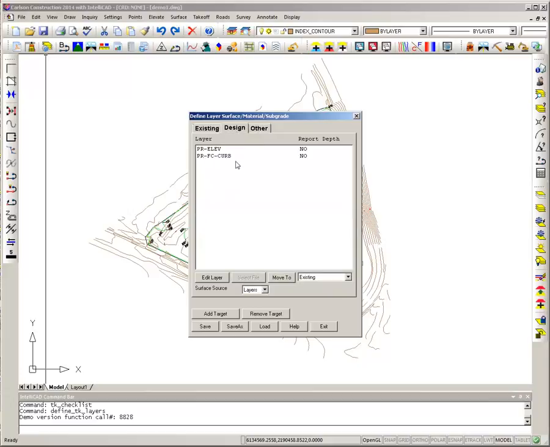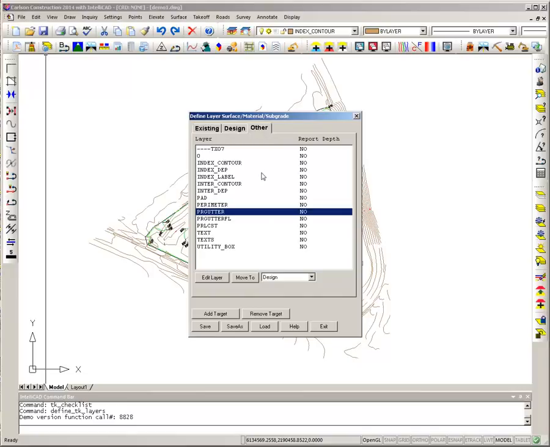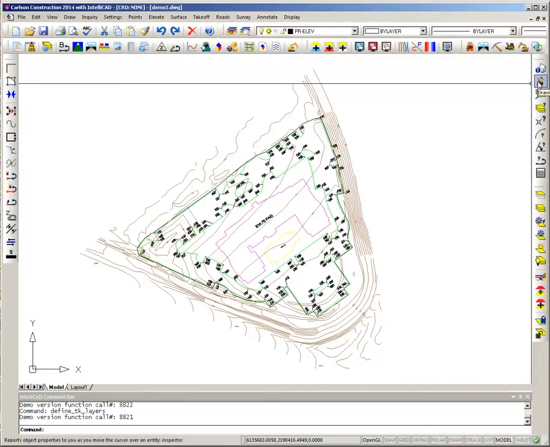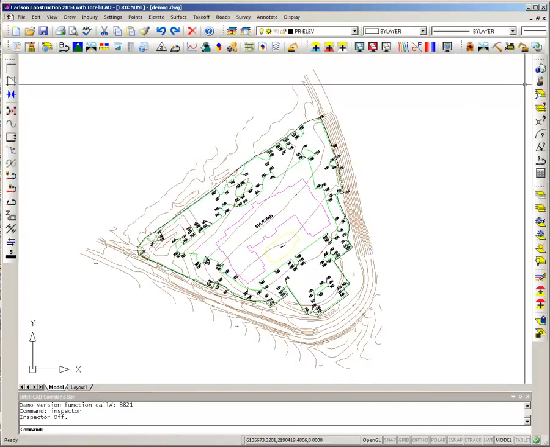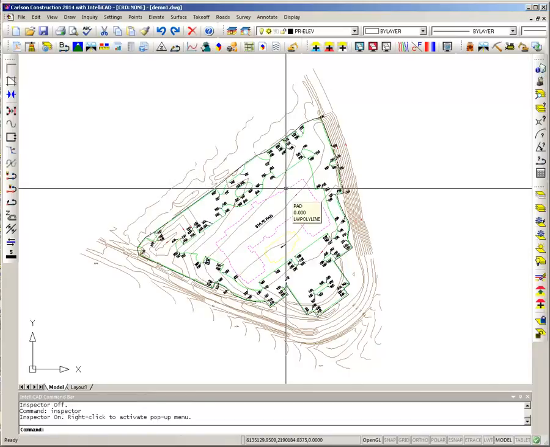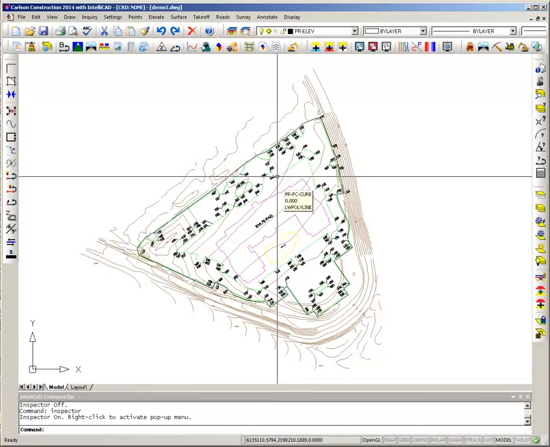So I'm telling the program that this is important information for my design model. I need to do this for the existing as well. But a lot of the times the layers that you're given, you might not necessarily know if those are existing or design elements. So I'm going to say save here and exit out. And the first command I'm going to run is right here on the right, called Drawing Inspector. This is also under Inquiry. If I run Drawing Inspector and I go over any entity, it's telling me on the first line there what layer it's on. So I can see this layer is on pad, and if I go over here, here's proposed